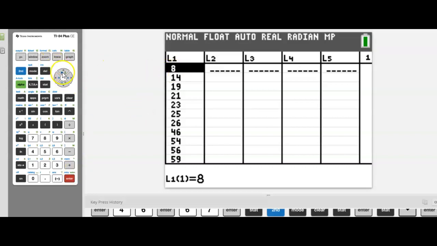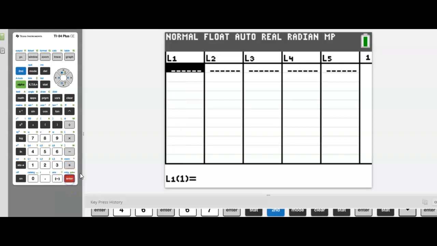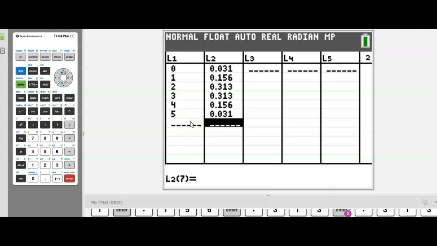I need to clear this list. So I'm going to go up to L1, hit Clear, Enter, and then I'm going to type in my probability distribution. So I'm going to pause the video while I do this. All right, so I have my probability distribution typed in, and in Chapter 5, Section 1, the only calculation you